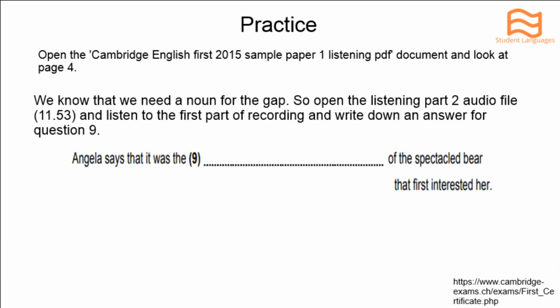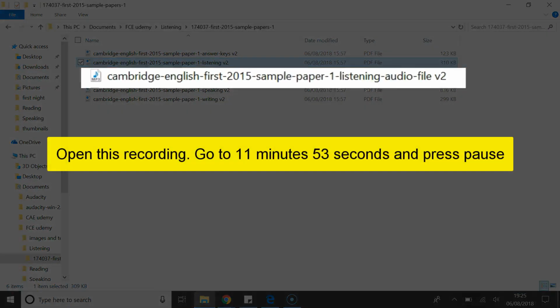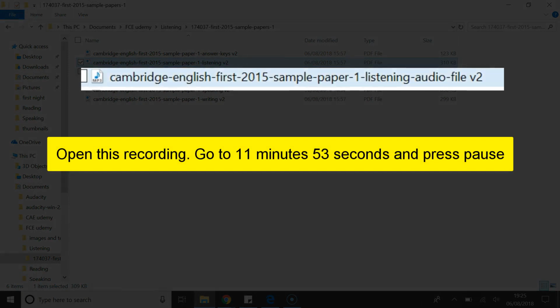And we know that we need a noun for the gap. So what I would like you to do is to now open the listening and listen to the audio track. You can do that by going back to the folder that we downloaded, and there is one file in here which says MP3, and you can open this file, and when you've opened it, press pause,